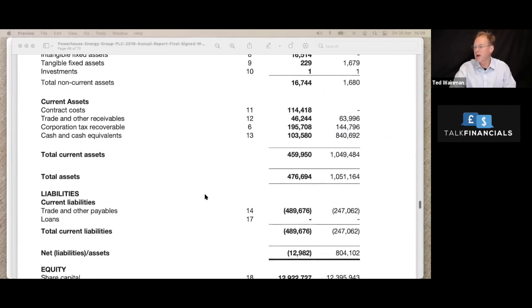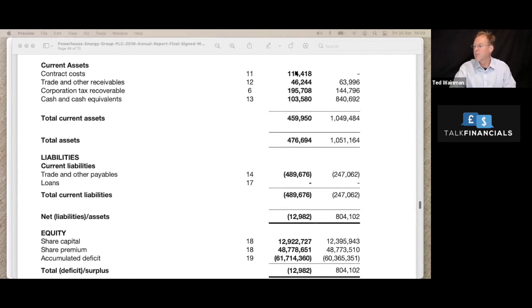By the way, if we just nip down to the bottom half of the balance sheet, in terms of the liabilities, it's all short-term liabilities. It's all current liabilities. Current liabilities are greater than the current assets, so that's a little bit of a warning light there in terms of our